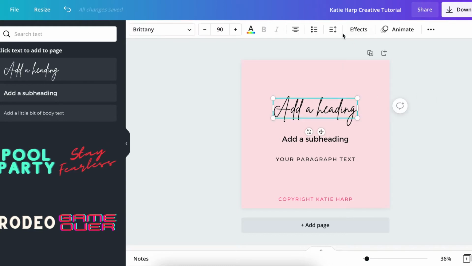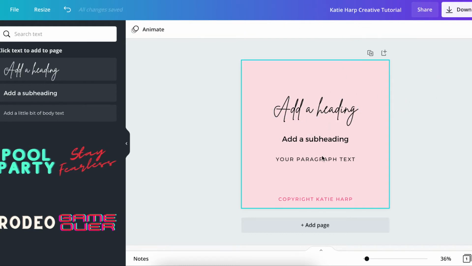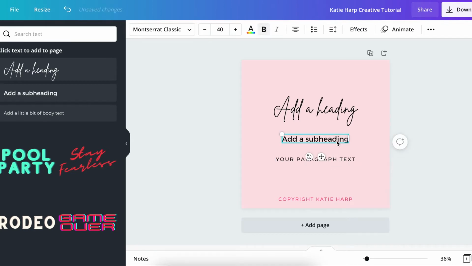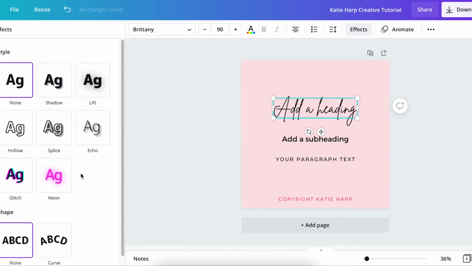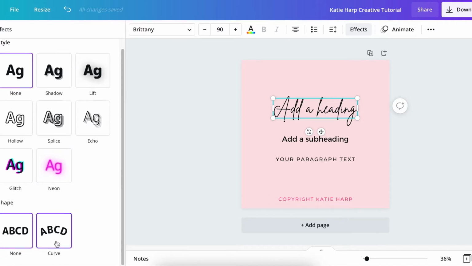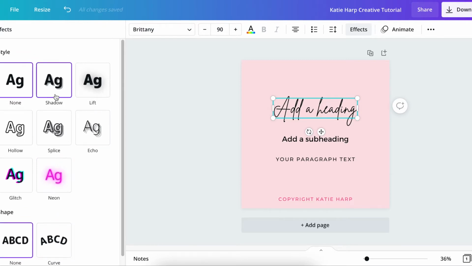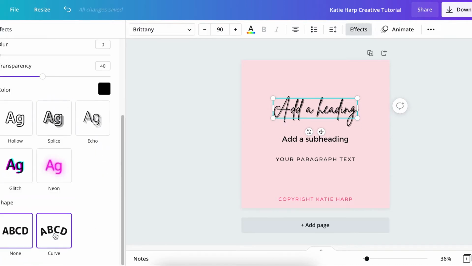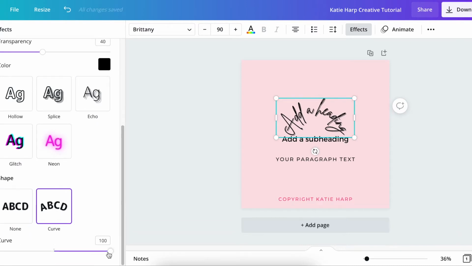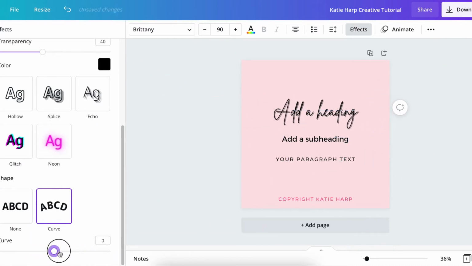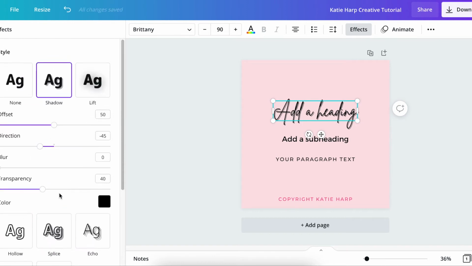Now on this one, the cursive text, so to start, any of these can have effects added to them. So you just go to Effects on this button, and you see the curved text at the bottom. We actually have another tutorial about how to make curved text in Canva, and that's a separate thing. But at the moment, you can layer one of these styles and curved text, which is pretty cool. So for example, you could have a shadow and curved text at the same time. But if you're interested in the curved text, you can watch the other video because this one's just about the